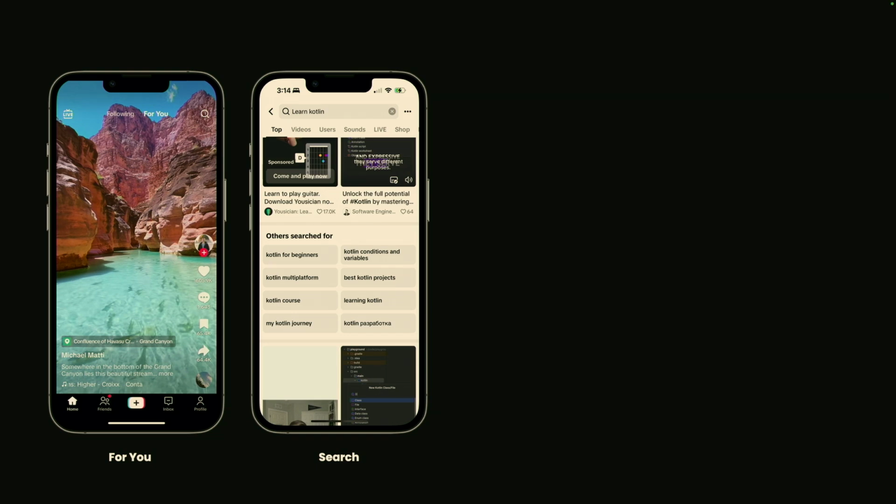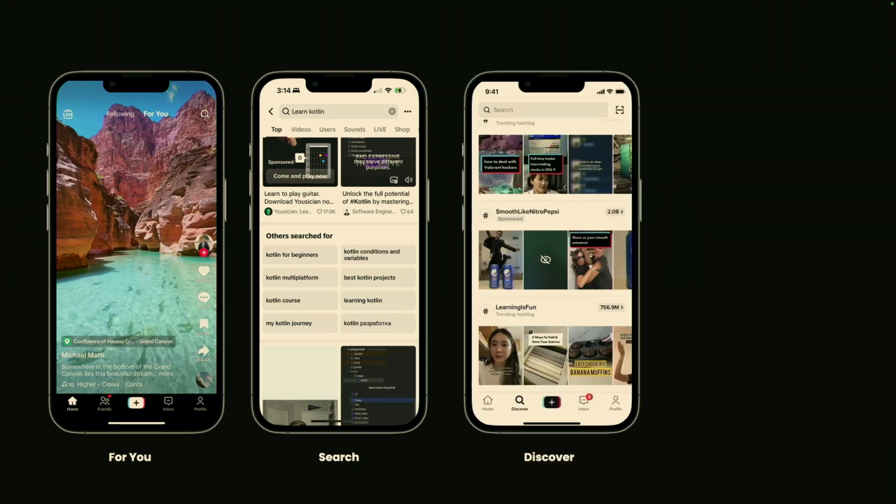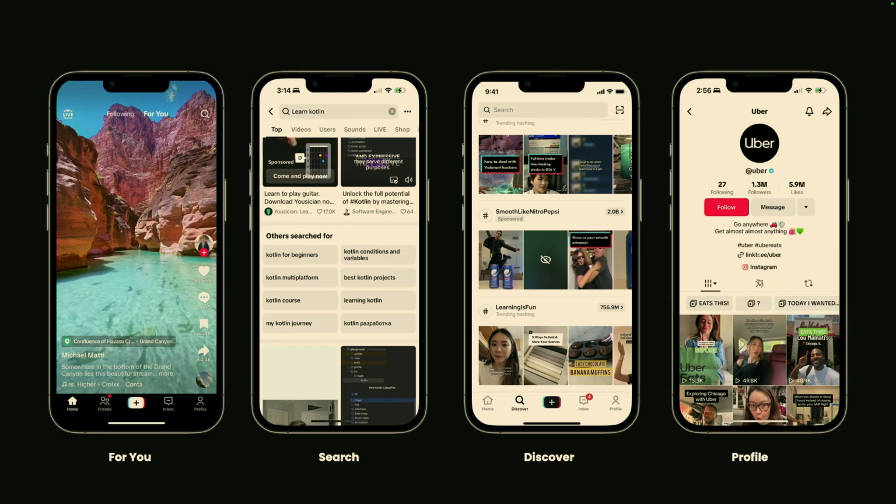So you've got heterogeneous data that you're now dealing with and paginating upon. And then we've got the Discover page, which again has a similar problem. So you can swipe up, you can also swipe left and right. And then next to that is a profile screen, where now you're looking at the data for a particular account,